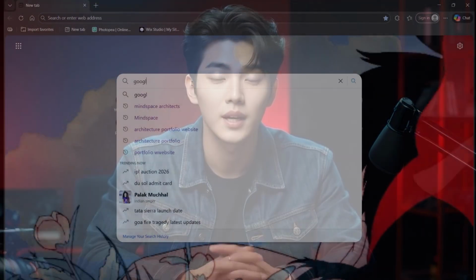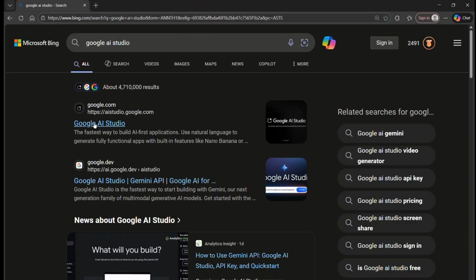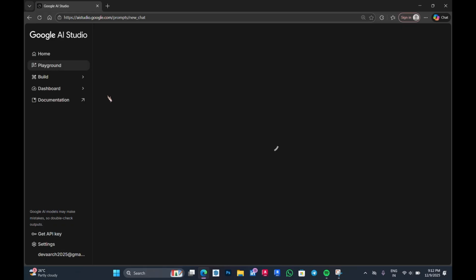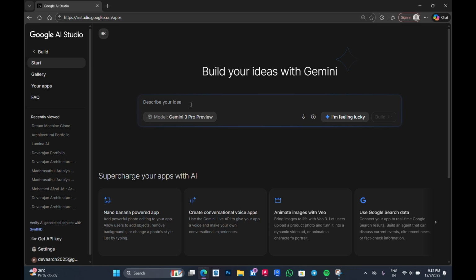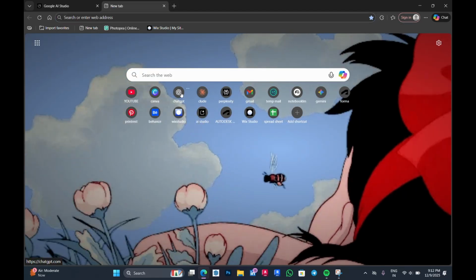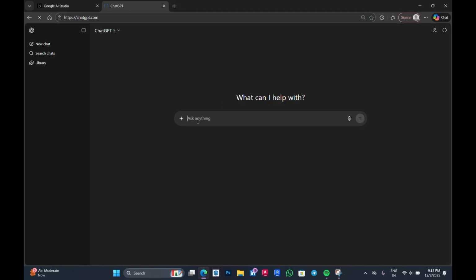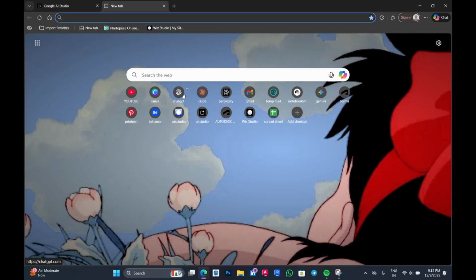So, let's start. First, we are going to use Google AI Studio. Open Google AI Studio and go inside the Build option. Now the AI needs instructions about what kind of website you want, and this is called a prompt. You can write the prompt yourself, but if you don't know how to structure it properly, the easiest method is